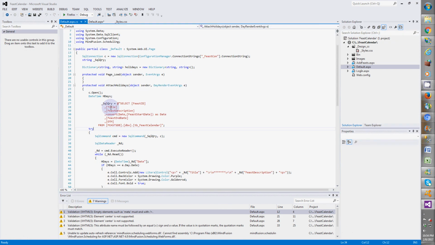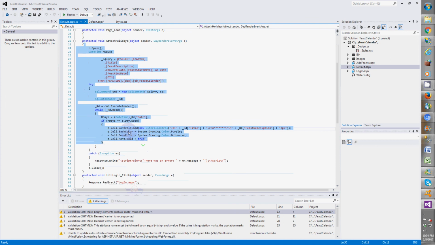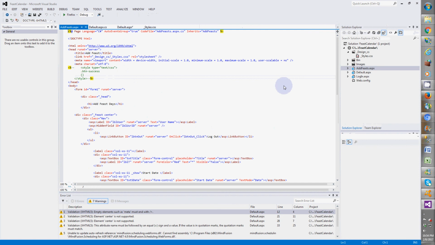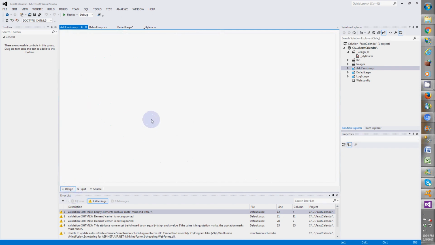So adding the information to the calendar is a simple thing. Just like you add data to a database, you just add to the database. If I go here and show you, all I have done here, in that form, once you log into the page, you get to that form, which I'll come to in a minute. So you get to that form here, and under this save button,